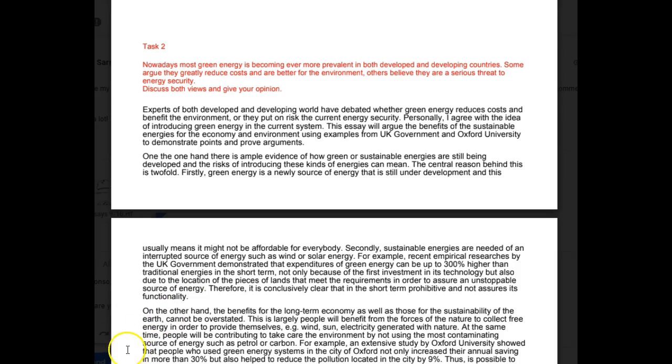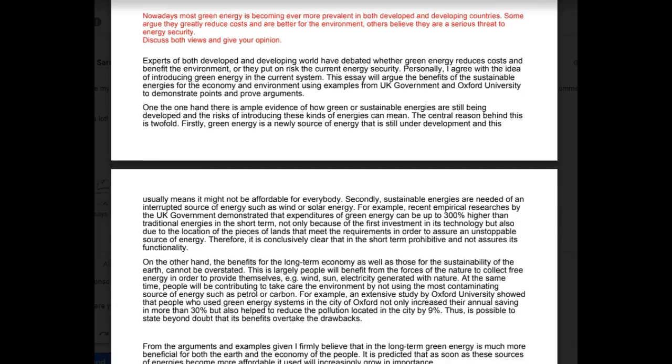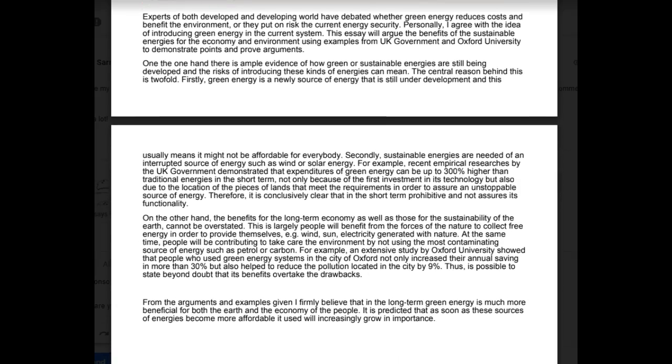Let me see. Okay, I just looked through your paragraph again. I do feel like there is some misunderstanding of the topic, and that is reflected in your answer here. But there were a lot of grammatical mistakes, and as I said, it appears to me upon further reading that there is a misunderstanding as well of what you're supposed to be writing here. You're supposed to be writing about how green energy is a risk to energy security. If you're not sure what is meant by energy security, look it up so you can see what is meant by this, what examples of that are, and how green energy figures into that.